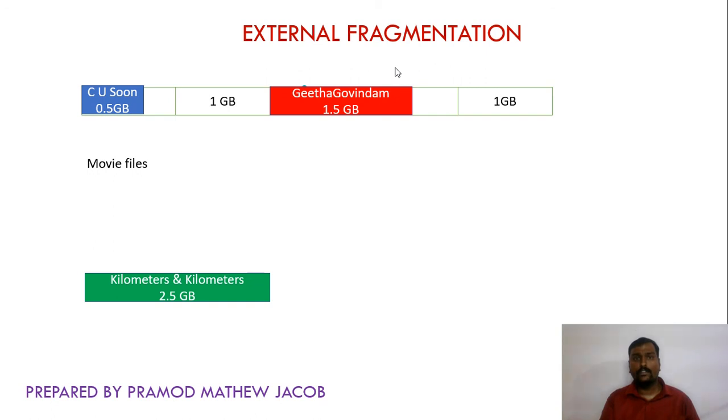I hope you have understood the internal fragmentation and external fragmentation concept. So these are the two storage issues that arise in heap based allocation. So these are the three different allocation schemes used in programming languages, that is static allocation, stack based allocation and heap based allocation. Thank you.